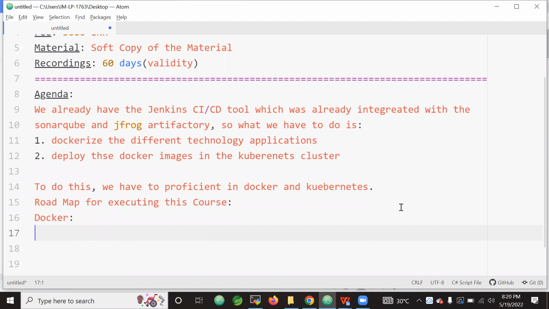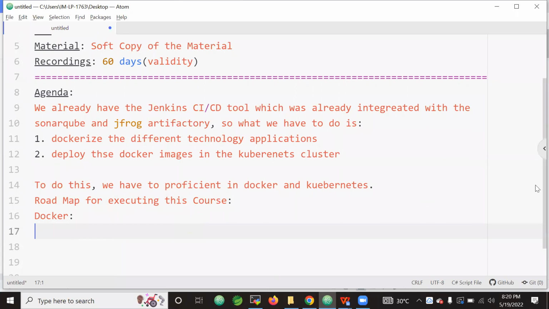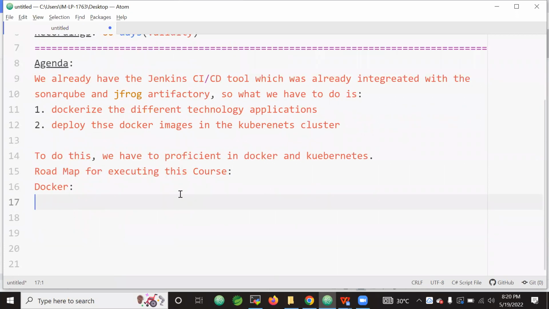So in Docker, what you have to understand first. I know most of you folks don't know about Docker and how it works. Probably you don't know, right? So you are coming without knowledge of Docker. I'm assuming that is the case, so how do you have to learn Docker? First of all,